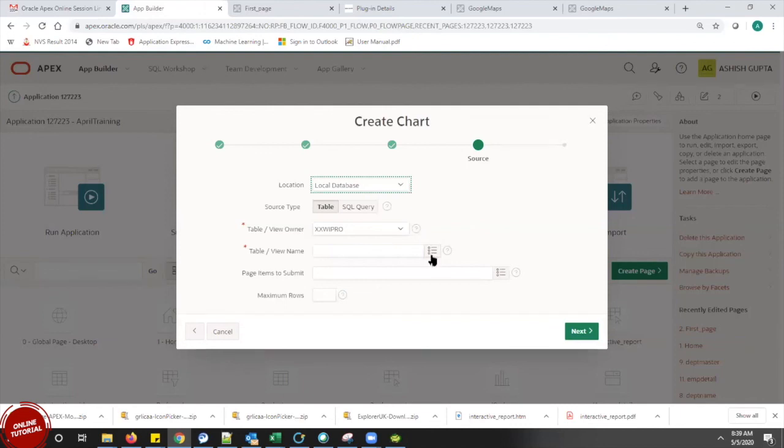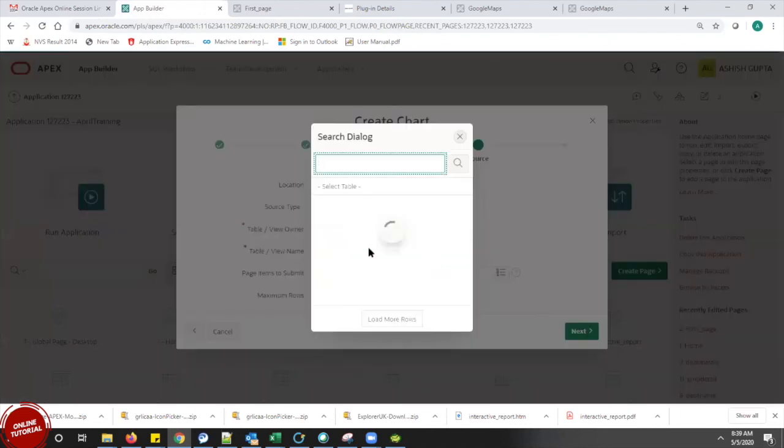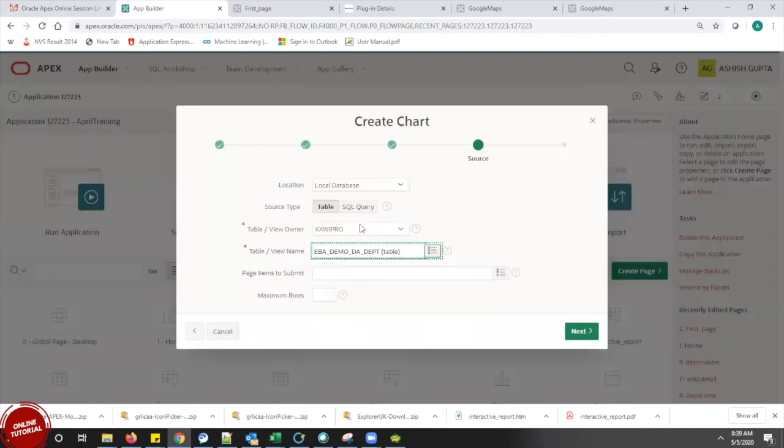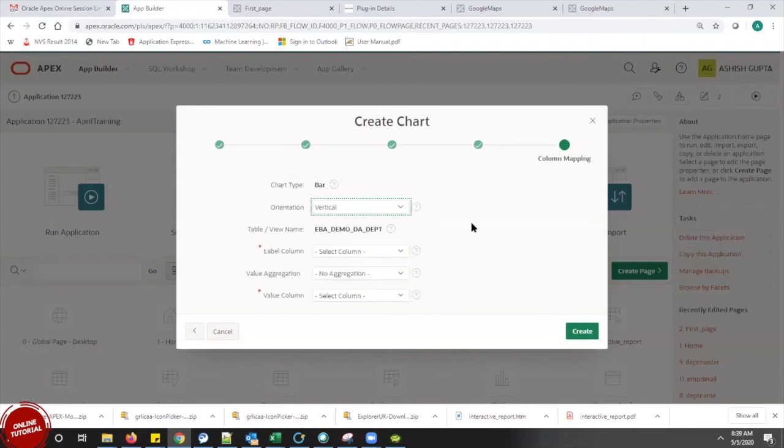Okay, so it's asking me first for the table. I will take the table as department, because here I have department values 10, 20, 30. What I want to show is in my label column and what I have as value.